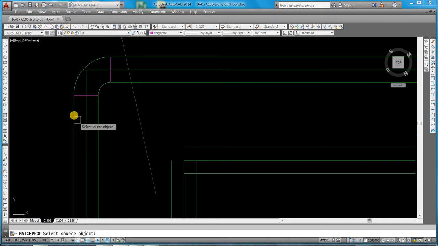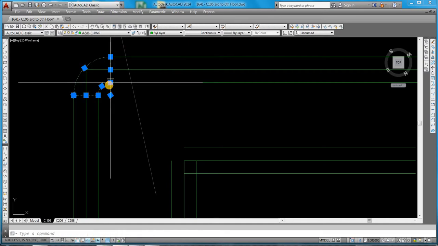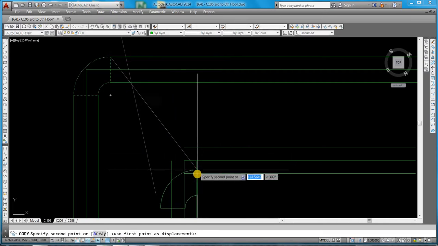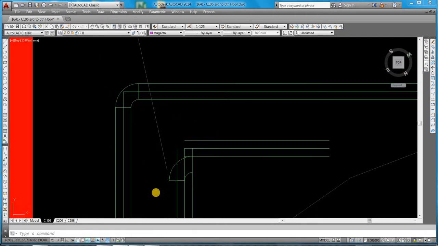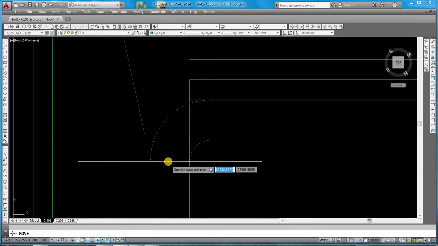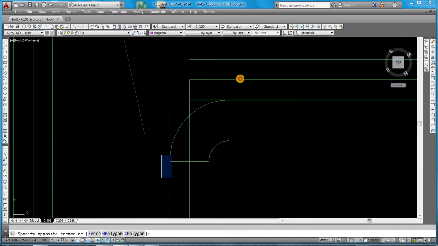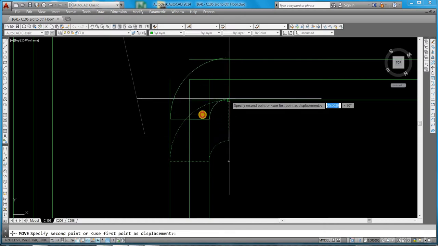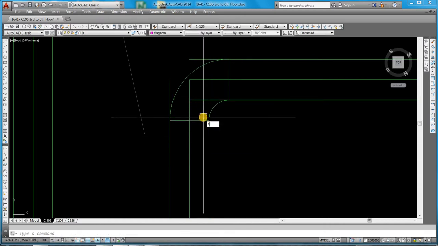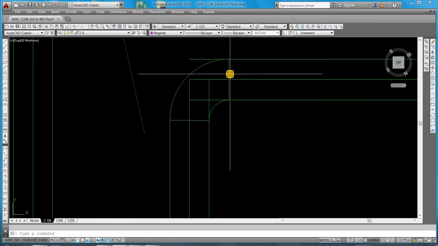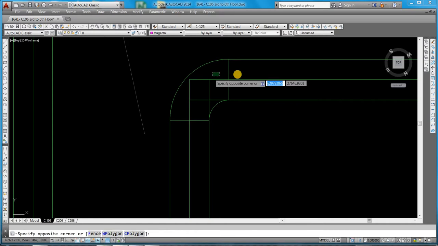Match properties. So make this one the same thing. We'll copy, return also. This is written from here. This center, we'll move now. Left radius, only this one. Center, only this one.